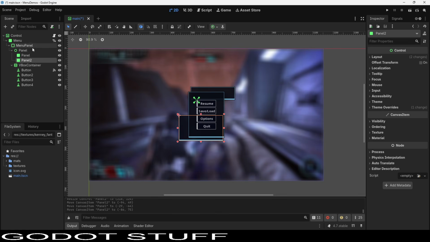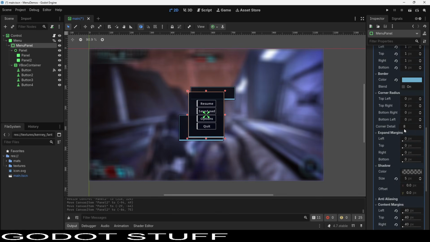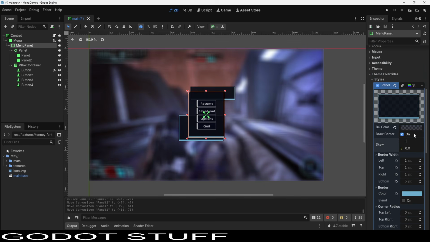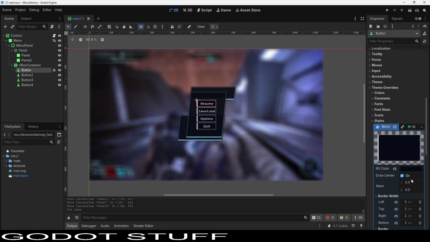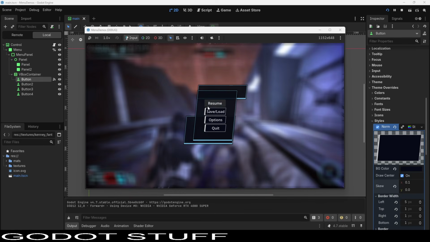The other thing we can do is also skew it. Here, 0.1. And you can see now everything is skewed. But the buttons aren't skewed. Well, we could skew the buttons. But even if we skew them individually, they're not skewed coming down. You see that? We have them vertically coming down in an exact line, even though this feels like it should